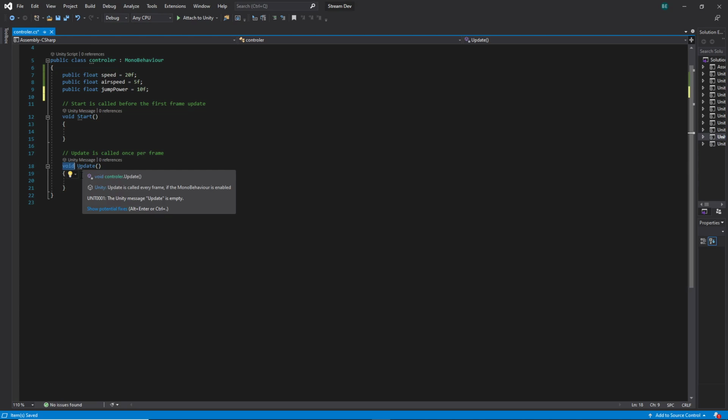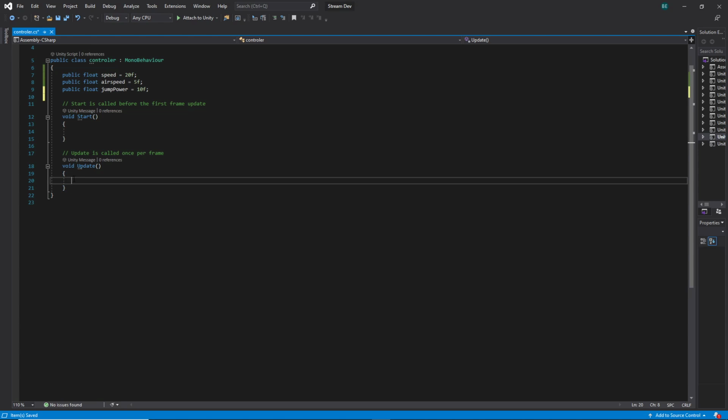Don't worry about what these actually mean. You just have to know everything between these two places is run when you start the program, and everything between these two brackets are run every frame. So for now,